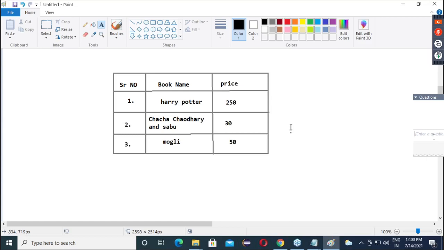Hmm? Don't worry, Prava. You can change the book. You can say first book section 1 Java, second section 2 Java, third section 3 Java. Hmm.